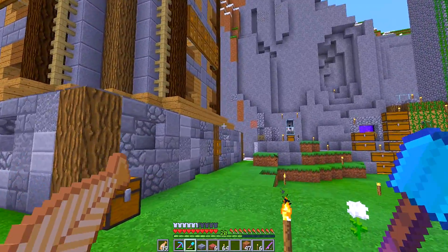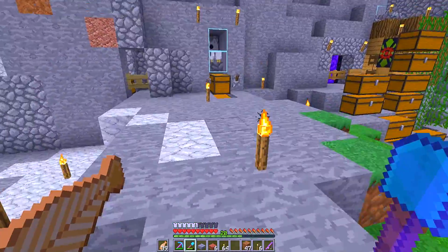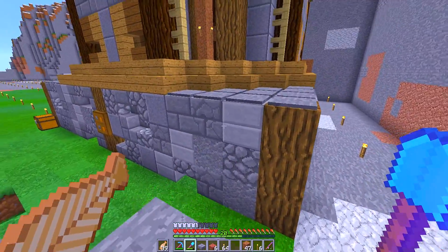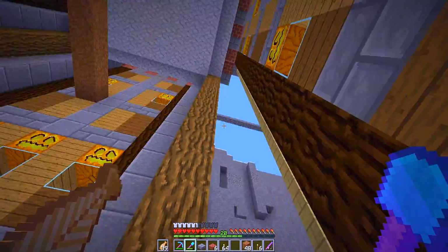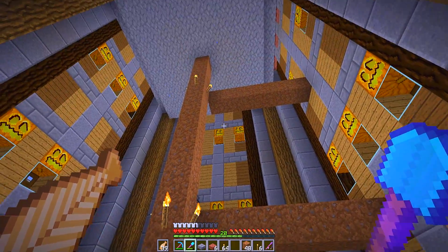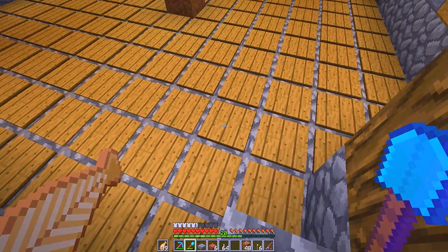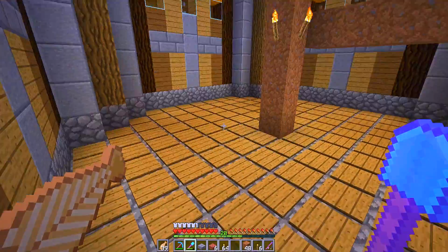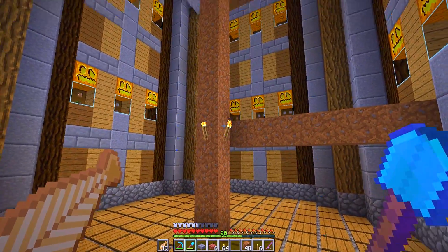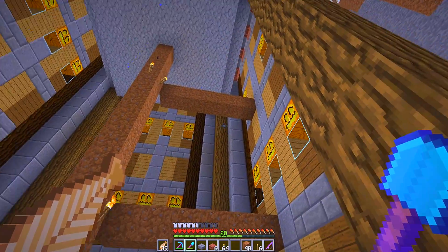Now, on the inside here, currently, you'll notice that obviously there's a big hole right there. And that's because I'm going to be working in here for the next few days. And these are going to stay, mostly because I don't want to have anything spawning in here. Those torches and this dirt pillar are going to go. And that one there is going to be the